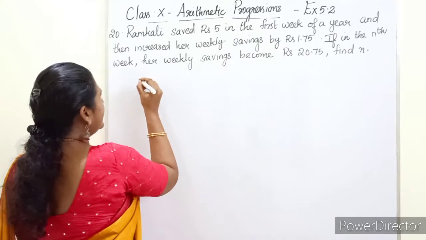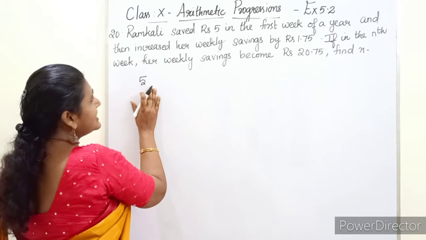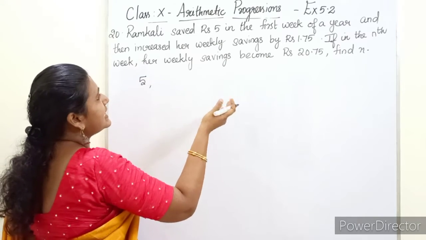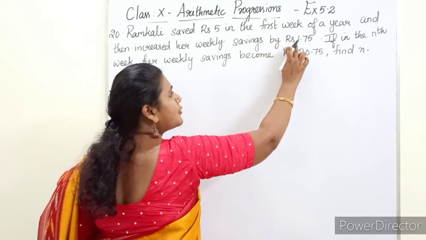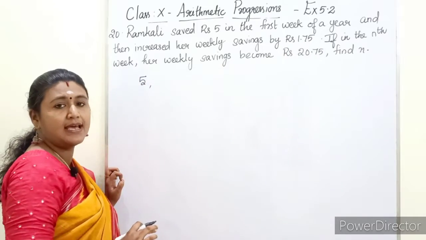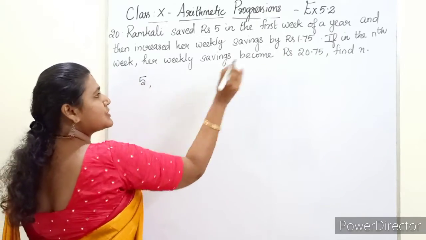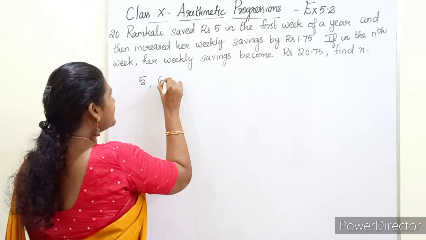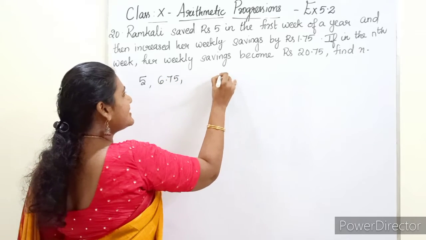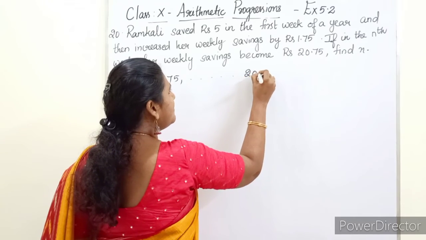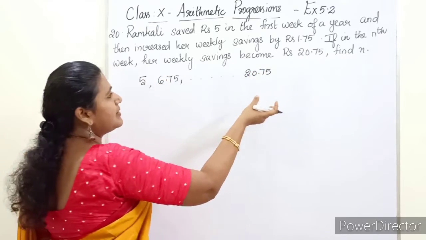So in the first week of the year her savings is 5 rupees and it is increasing every week by rupees 1.75. So what will be her saving in the second week? That is 5 plus 1.75, that is 6.75. So it is increasing in this way, and after n weeks her savings become rupees